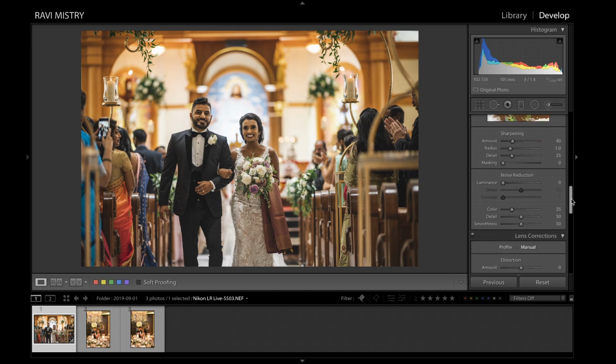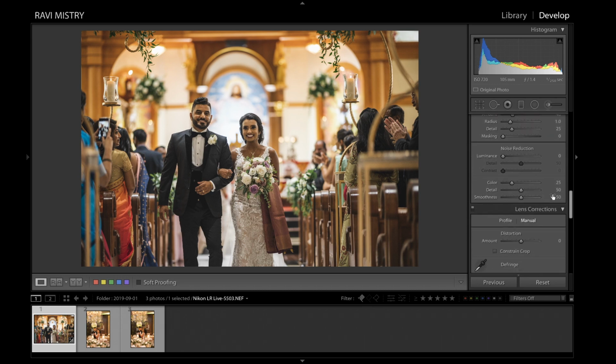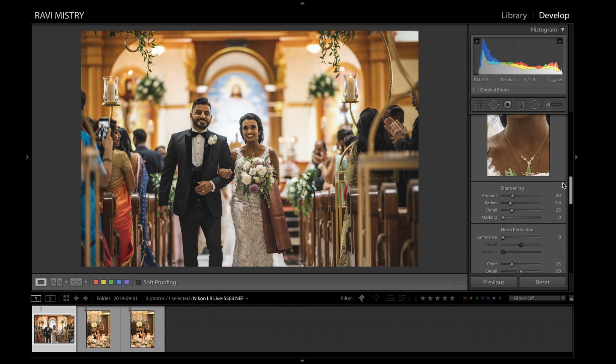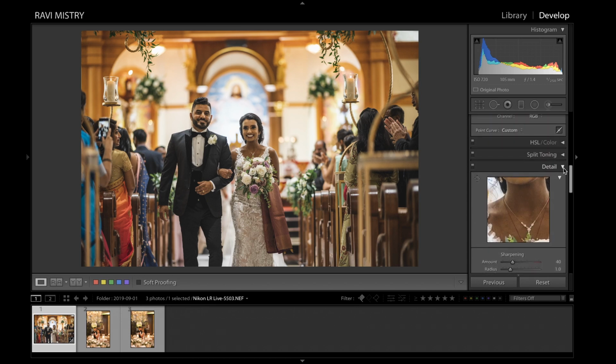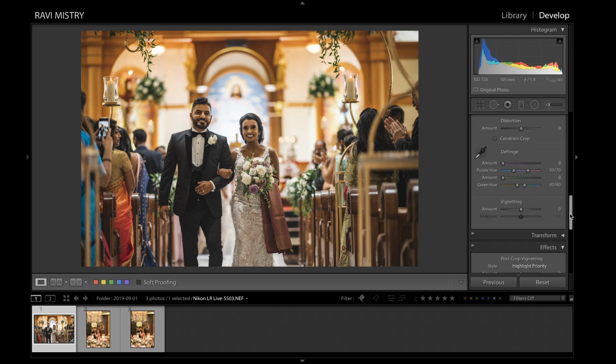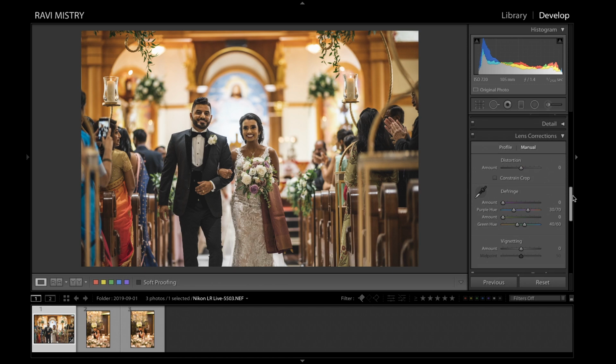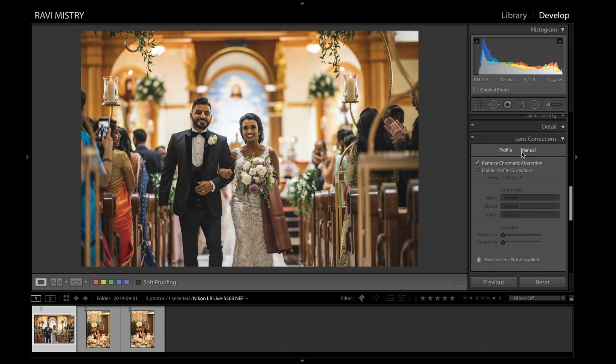Sharpening, you guys already have some idea. Noise reduction. Unfortunately, we don't have too much time because it takes hours and hours to explain each one of the individual sliders in detail. Then you have lens correction. The only thing I'll check here is the